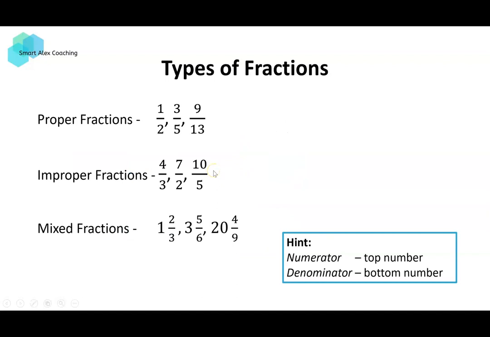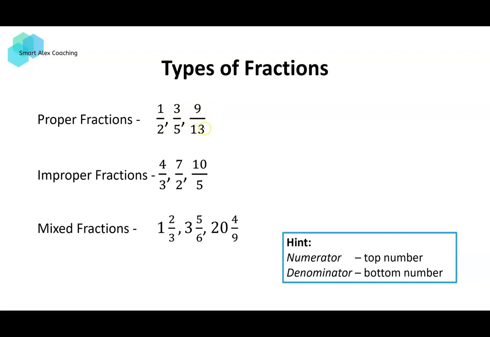There are 3 types of fractions. First, we've got proper fractions. This is where the numerator is smaller than the denominator. Here I've got a half, 3/5, 9/13. And in all these cases, our numerators of 1, 3, and 9 are smaller than our denominators of 2, 5,